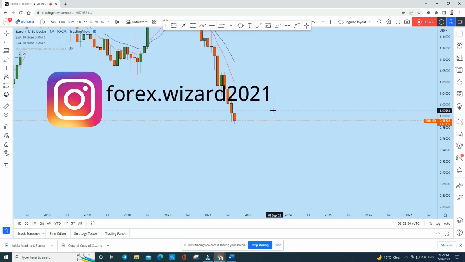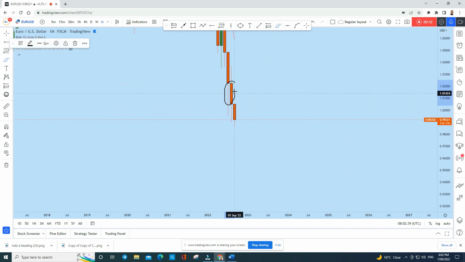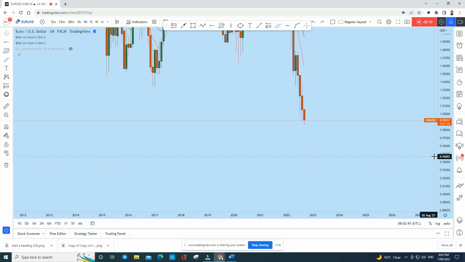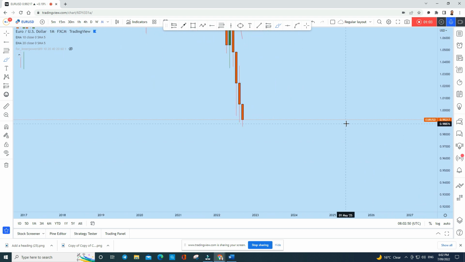What you see is that Euro Dollar, in the past month, has created this middleman. You can see that there's a long wick at the top and a long wick at the bottom. That's a perfect trading candle from the monthly perspective. We are not going to enter a trade on the monthly, but we are looking at the general direction